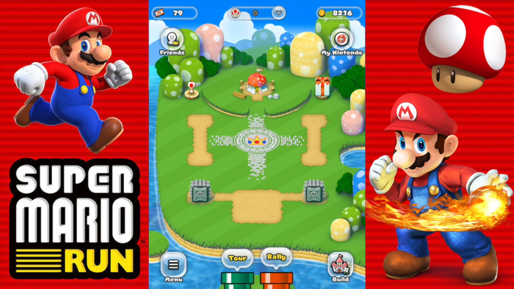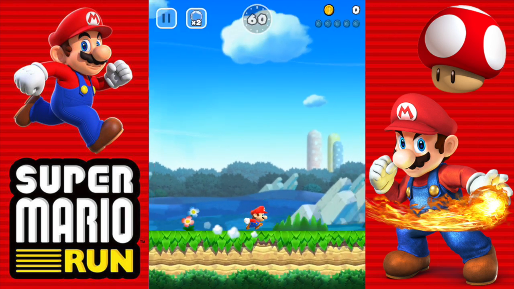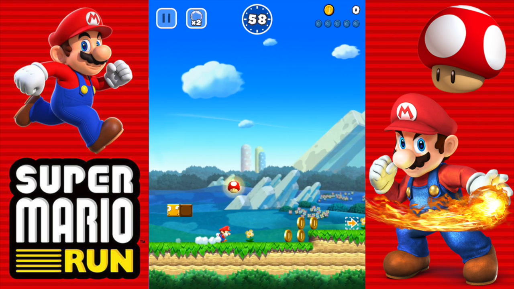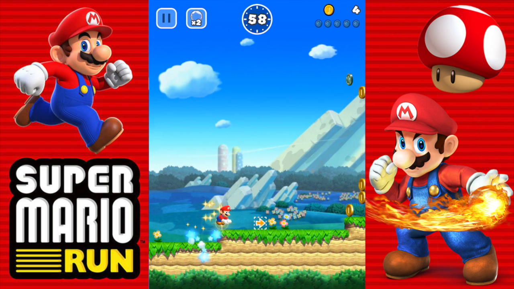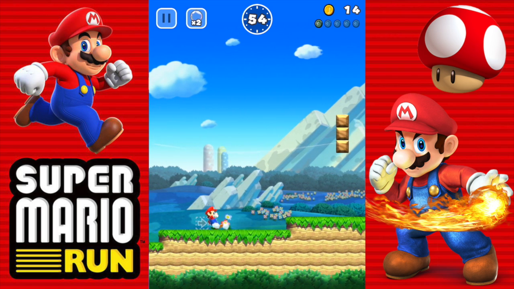But without further ado, let's go ahead and jump right into the first world. So here we are on World 1-1 up and over, and the very first black coin is basically right off the start. First, you can jump up and hit that block to get the giant mushroom right there, and then you're going to go ahead and do a backflip off of that wooden beam and hit the very first black